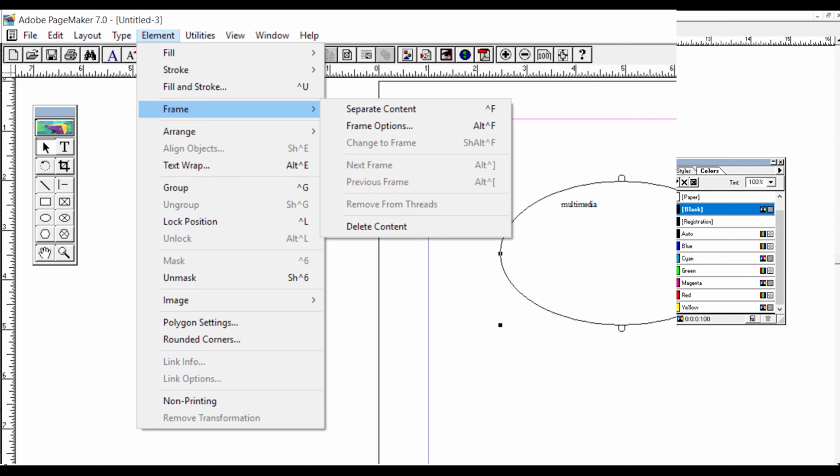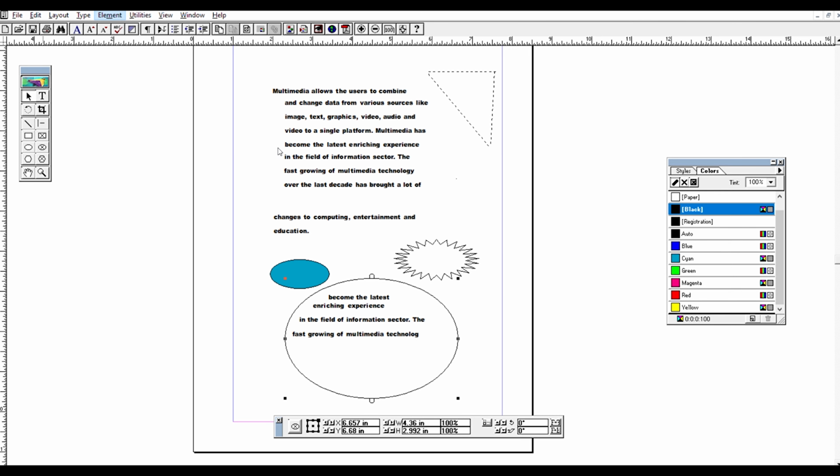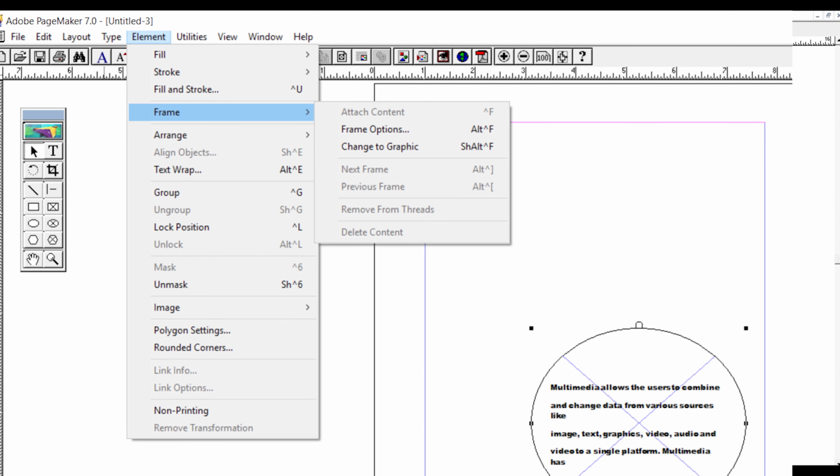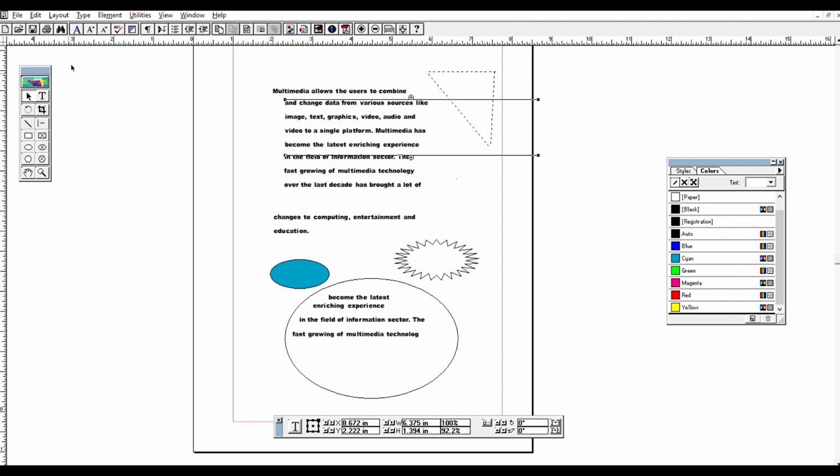If you want to delete the content, you can give Delete Content. If you don't have any content here, you'll get the Attach Content menu also.